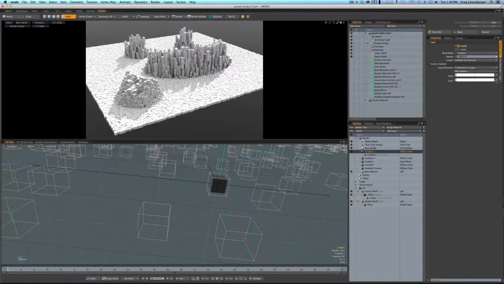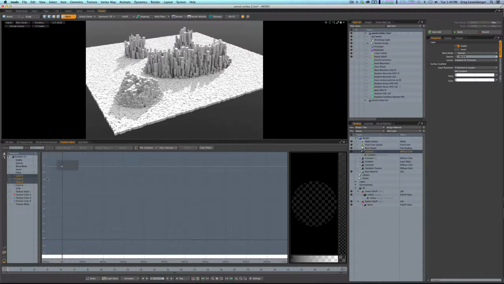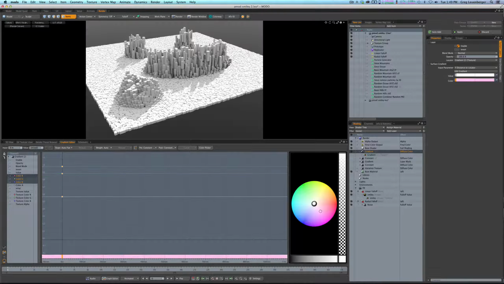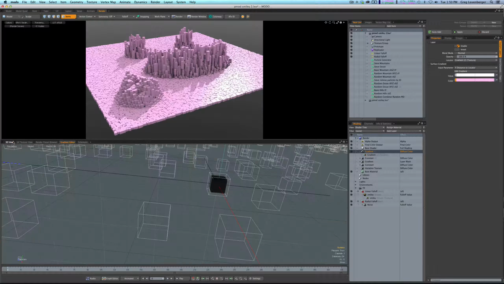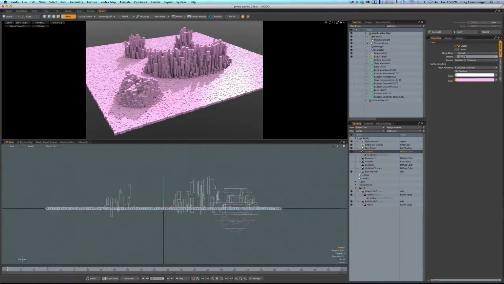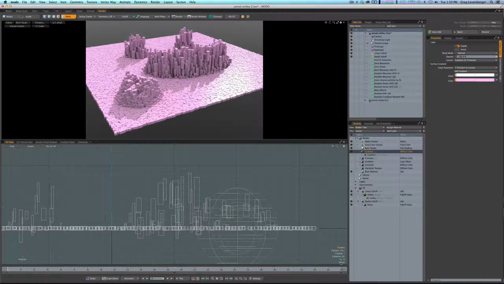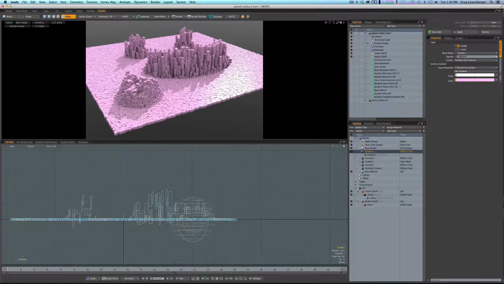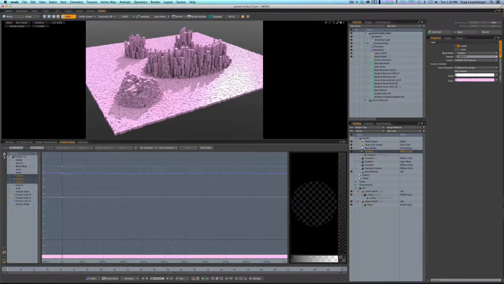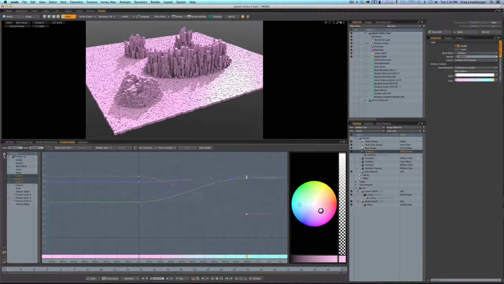So that's fine. So under color, we'll just go to our graph editor, and this is active. So again, let's do something a little obvious here. So side view, go like this, and let's look at our units here. Our grid is 100 millimeters, so zoom in a little bit, or maybe I'll zoom out a little bit. So our grid is 200 millimeters, so 2, 4, 6, 8, 10. So that's about a meter high, a little bit less than a meter. So looking at our gradient, if we put another key right around a meter and change that color, you'll see